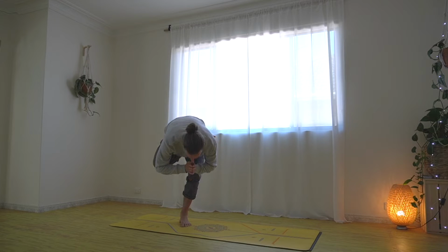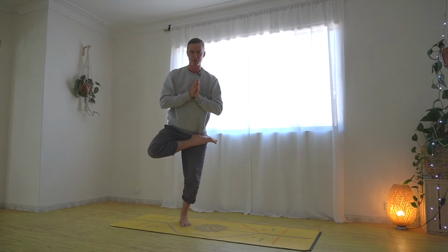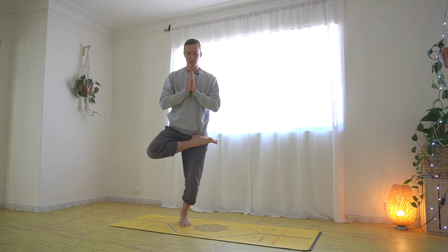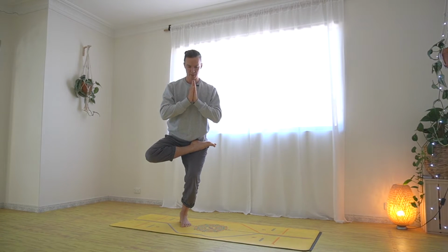Beautiful. Trying to slowly get back up. Very challenging, I know, but just go as far as you can, yeah? And if being in that first tree pose is challenging, that's where you're staying. Okay, now try a different one where you're gonna slowly bend the leg, bend the standing leg,